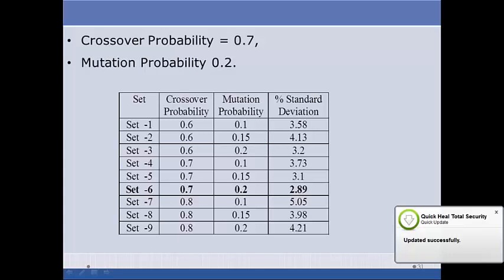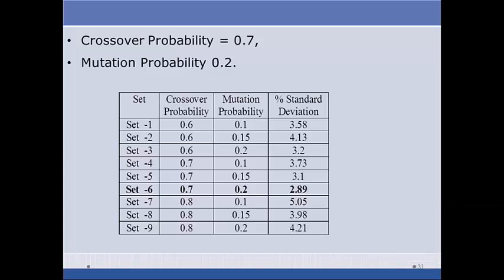Why 0.6 to 0.8 and 0.1 to 0.2? Because when I went through the different literature, it was observed that generally crossover probability ranges in this range, and mutation probability also ranges from 0.1 to 0.2 to 0.25. So out of this range, which one should be selected for my particular problem was decided like this. So I took this set, crossover probability 0.6 and mutation probability 0.1. For this particular combination, my program of population size 50 and generation 100 was run.